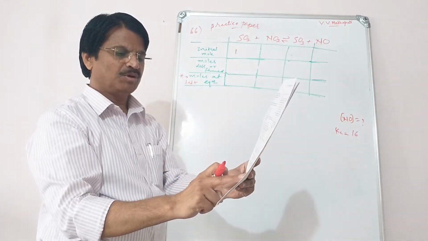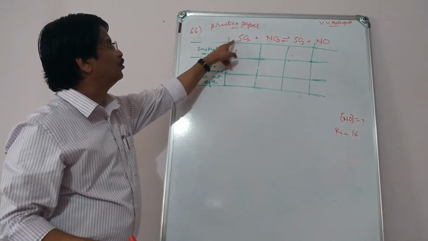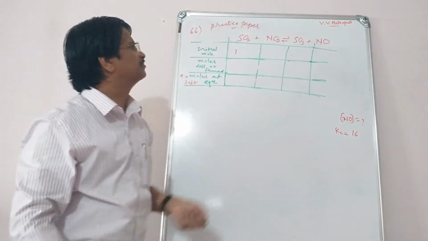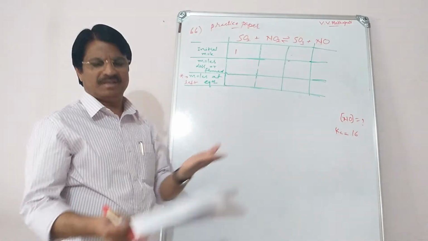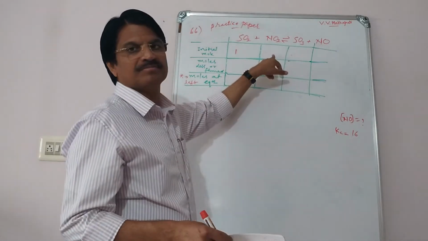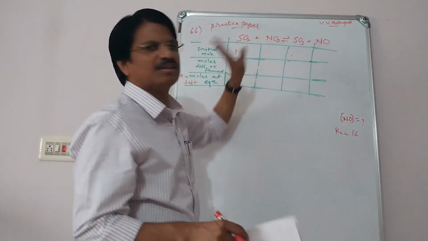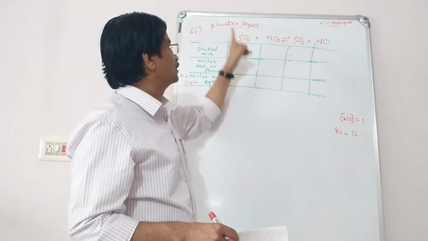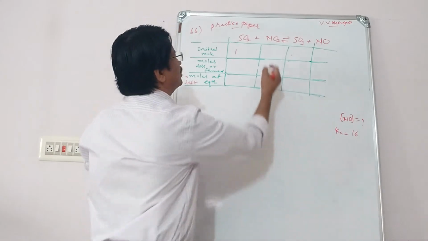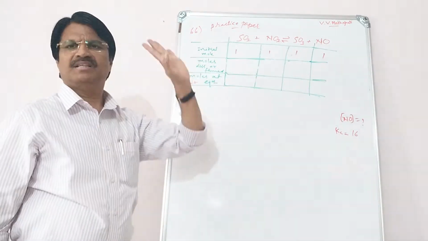If you take 1 mole each of all the 4 gases, yes, they give 1 mole each of all the 4 gases. Here, theoretically and practically it is also 1 mole. They give in the vessel all the four compounds. In this problem, not only the reactants are taken, but SO2, NO2, SO3, NO, all 1 mole is taken. Therefore, write 1 mole, 1 mole, 1 mole. Each 1 mole is taken in the vessel.